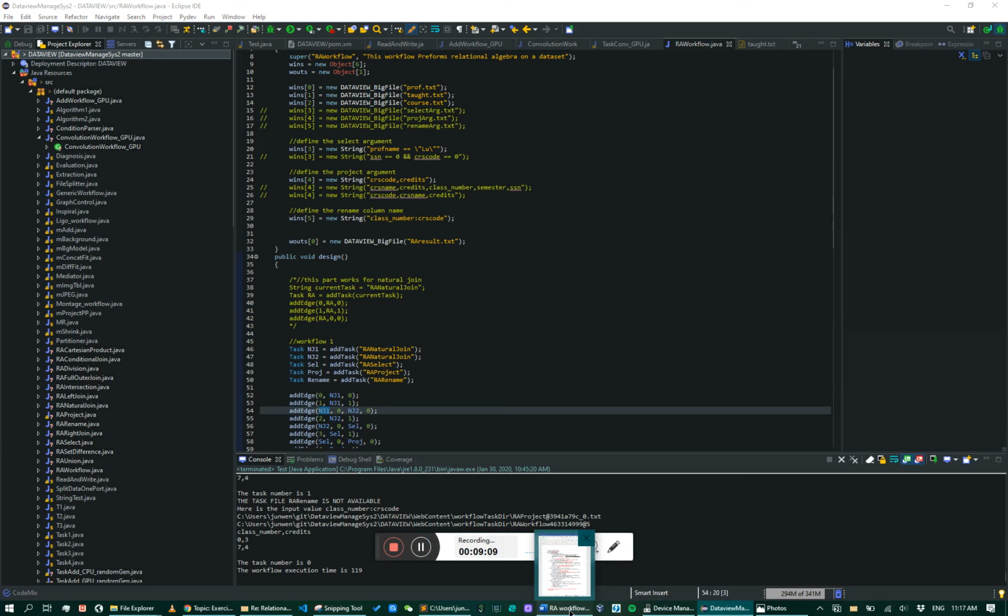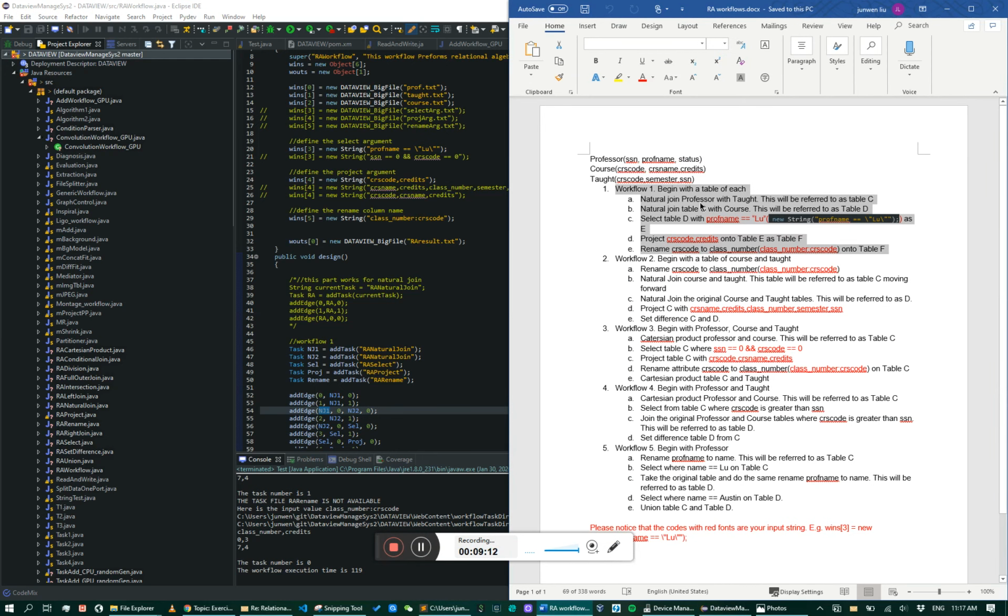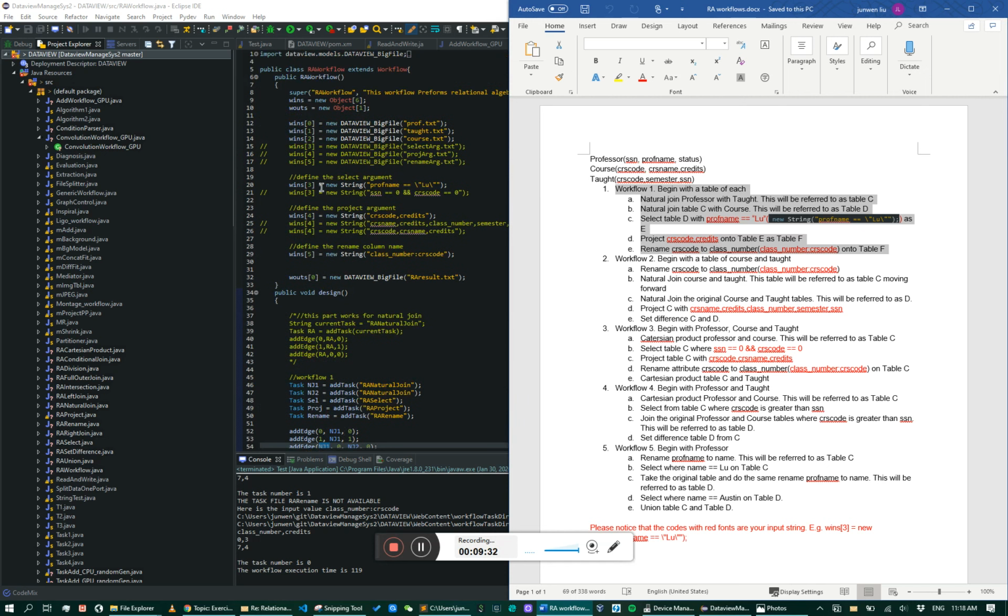Let's pull up the description again. So next we will do the select. After we do the natural join, we will connect this natural join again to the select function and do another inputs to this select task. You can see the 3 is the input string, professor name as Lu. Please keep in mind you have to use a backslash to escape the quotes. For the string we have to put like this,